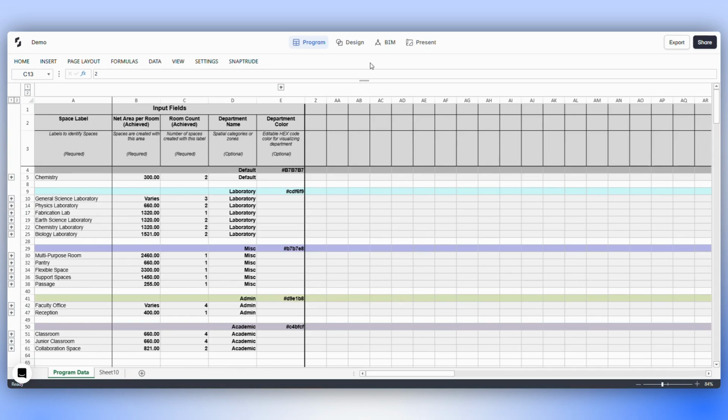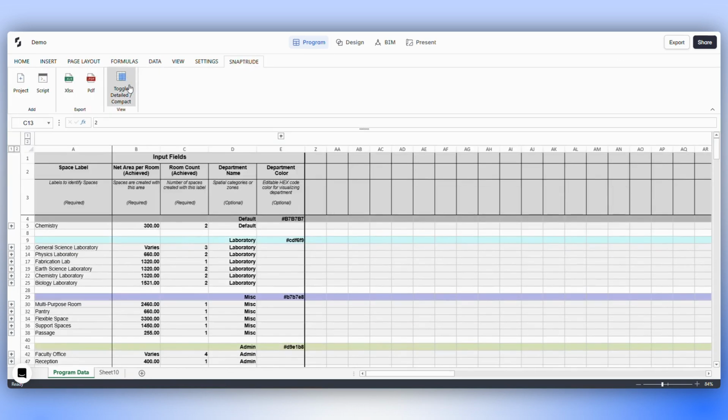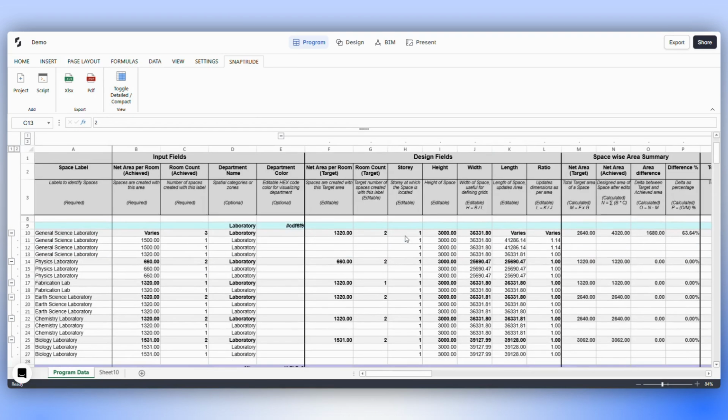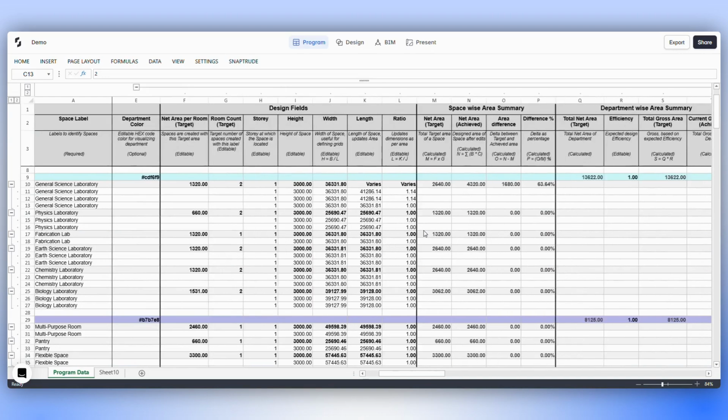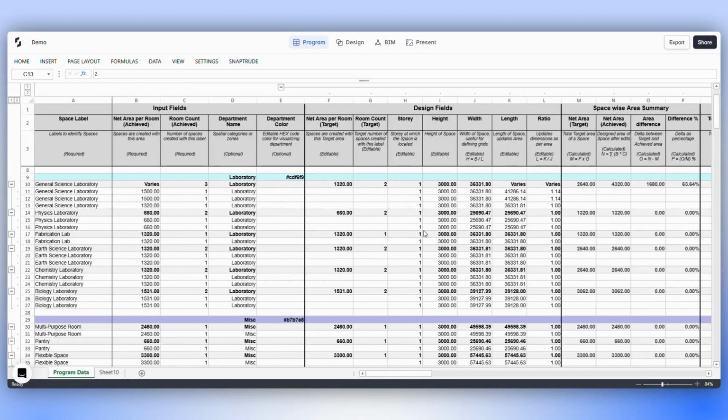Let's explore other parameters within this program mode. Click on the Snaptrude ribbon and then on the Toggle Detail and Compact option. Upon doing so, you will see all other parameters associated with the spaces. This includes all your room targets that you have previously set, the stories where rooms or spaces will belong, as well as the height, width, length, and the ratio of length to width can all be adjusted right here in